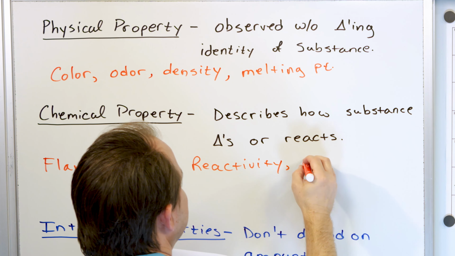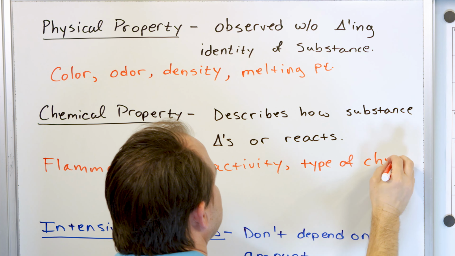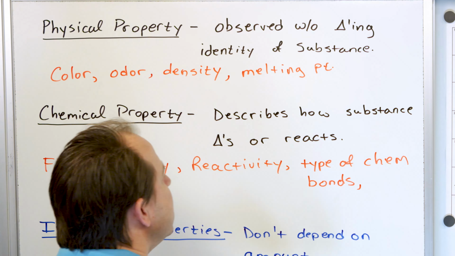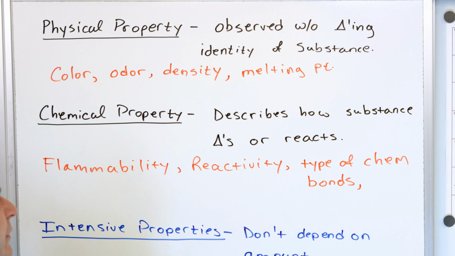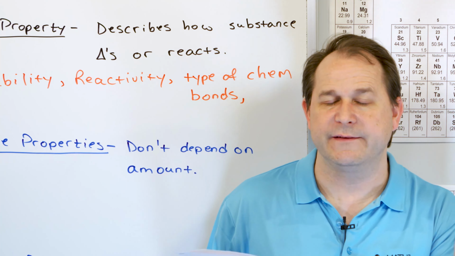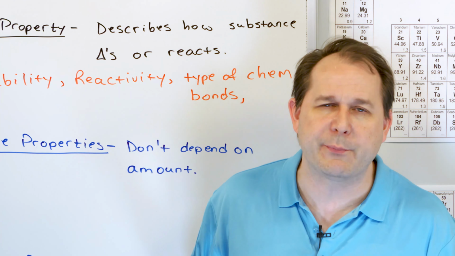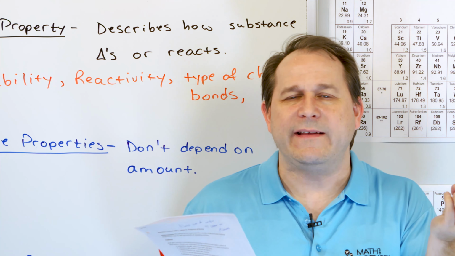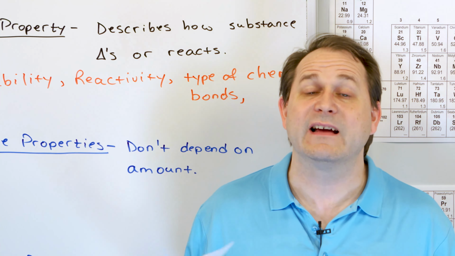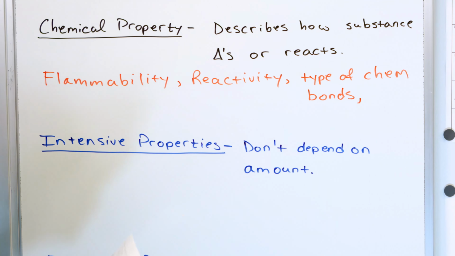All right, what else? Chemical bonds, type of chemical. I'm just going to put chem here, bonds. Right? So you could say that's a chemical property because some of these atoms on the periodic table like to form what we call single bonds to whatever atom they're reacting with. And some of them really like to form double or even triple bonds. And the only way that you can see what kind of bonds it likes to form with the elements it's reacting with is to allow it to react, and that undergoes some sort of chemical change. So this is a chemical property.